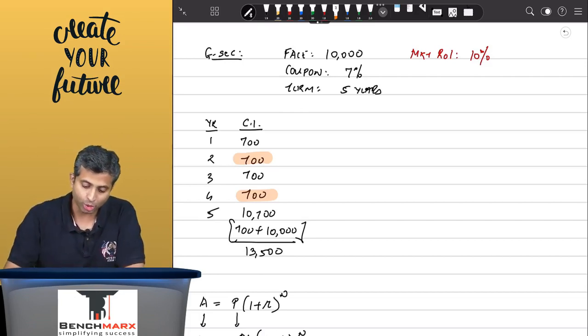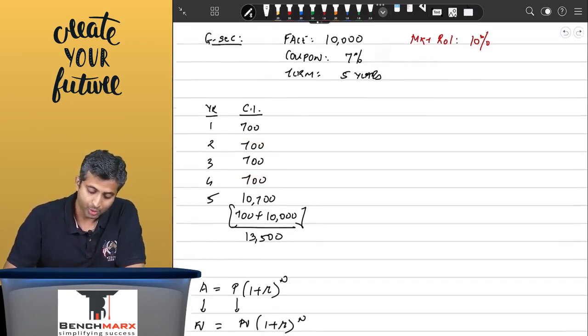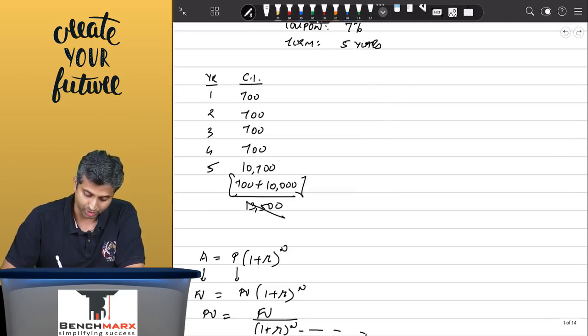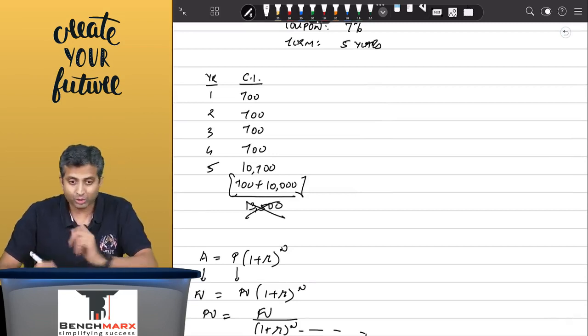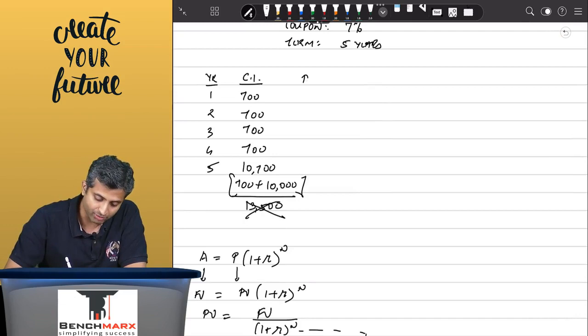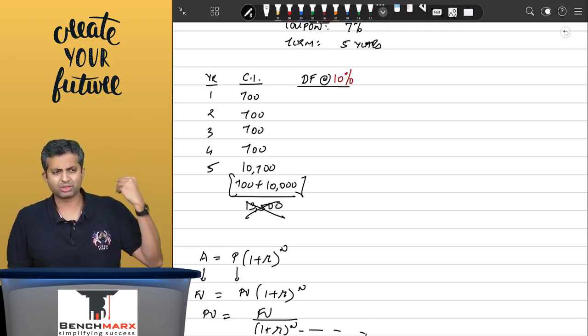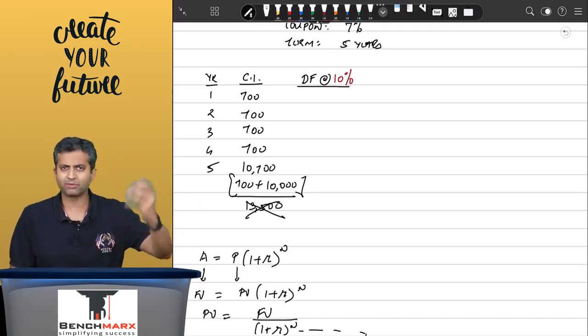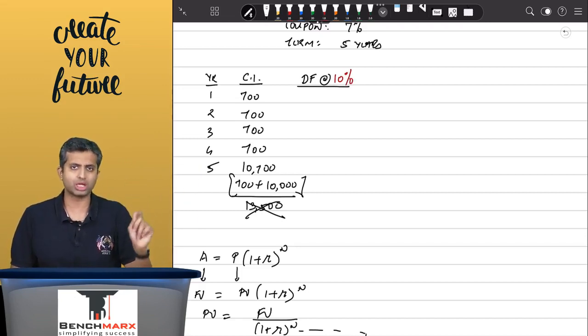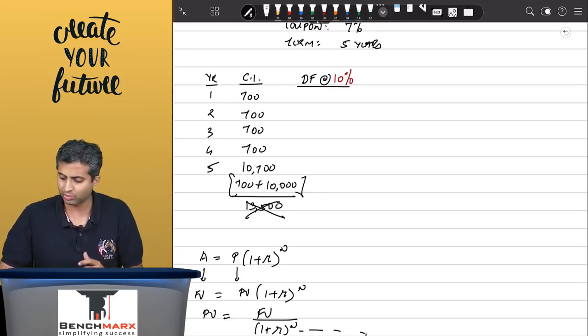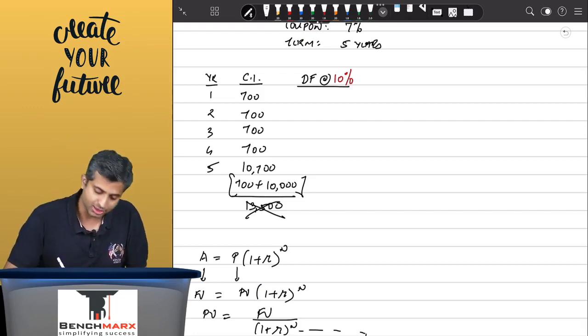So over here, you want to find the value of a bond, which is not the total cash flows. You have to invest today. So the value of the bond today will be the present value of the future cash flows. And let us say here you are doing the evaluation from an investor's perspective. So the investor says that, well, you know what, whatever the market price is, whatever the company is offering, I don't care. What do I require? I require a 10% return, which means on your calculators, you will take 1 divided by 1.1. So that is